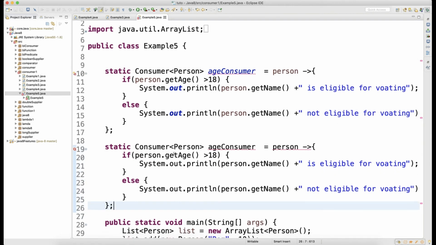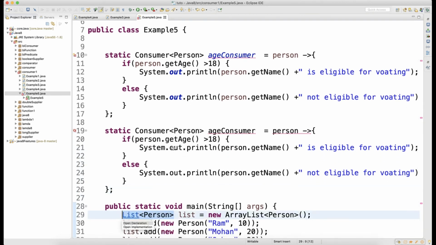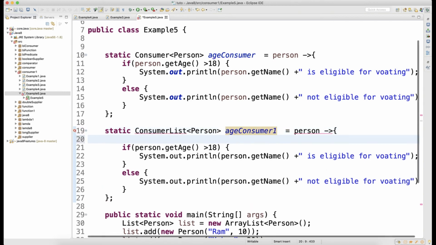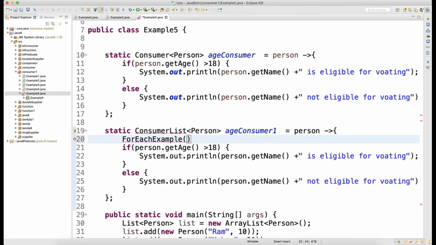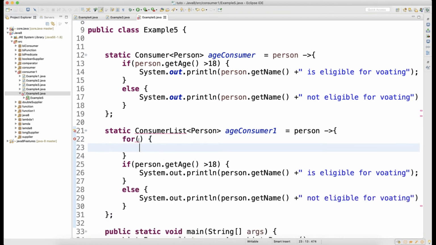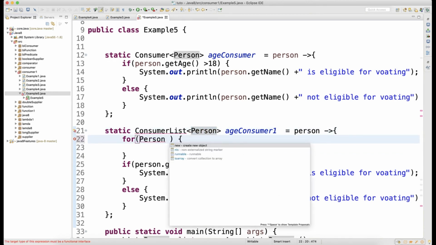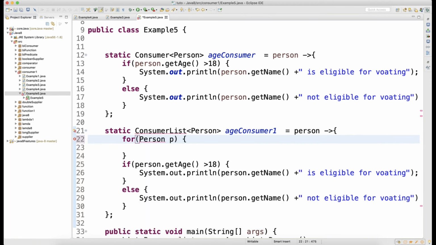Here this guy will take a list of persons as an argument to this consumer, right? And I can write one for each loop. What I can do here is I can write Person p colon and then list of person.